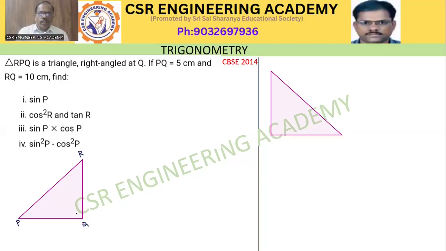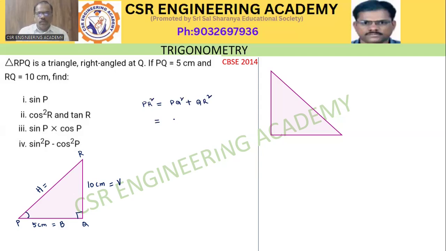RPQ, right angled at Q. For angle P, PQ is equal to 5 centimeter, that is equal to base. RQ is equal to 10 centimeter, that is equal to vertical side. PR is hypotenuse. According to Pythagoras theorem, PR square is equal to PQ square plus QR square is equal to